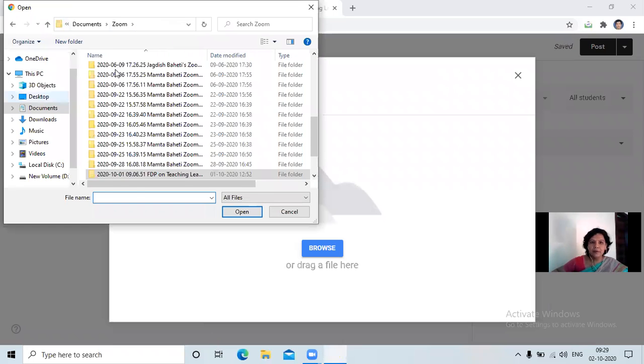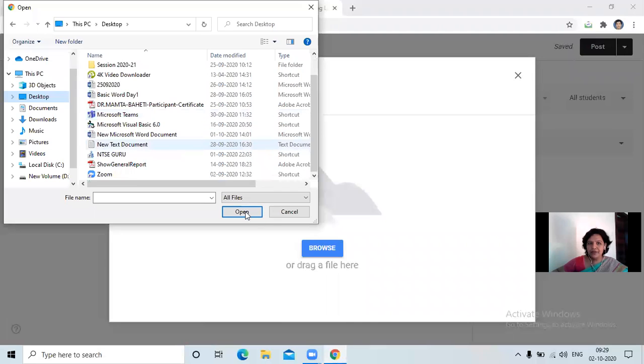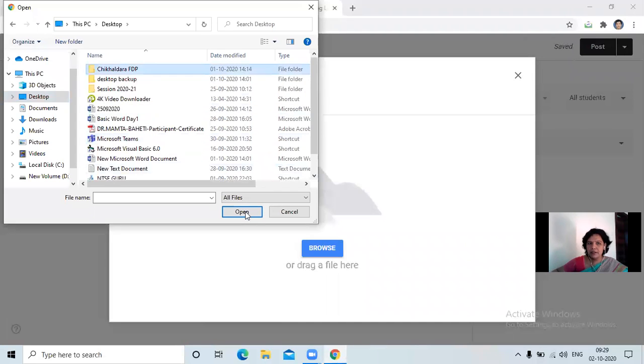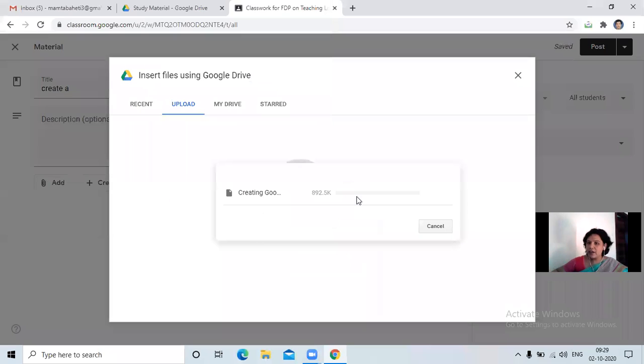From the desktop, if my file is ready here, see this folder is there, and from that I am picking up this file and clicking on open. As per the size of the file, the contents will be uploaded.